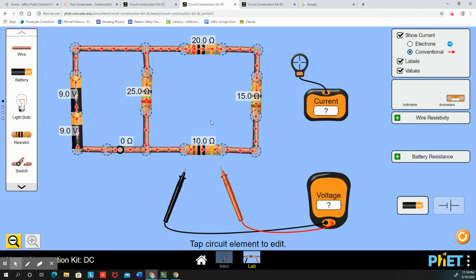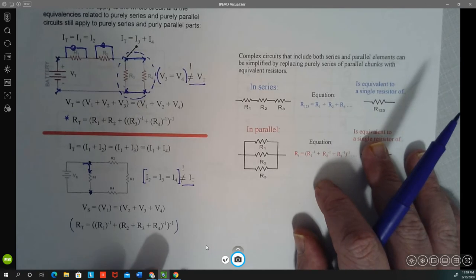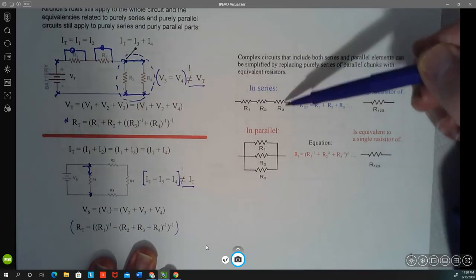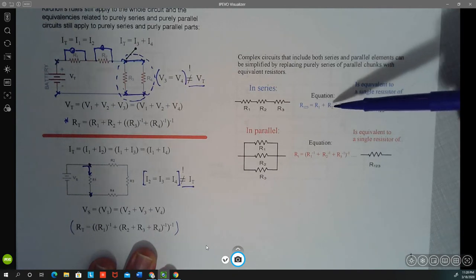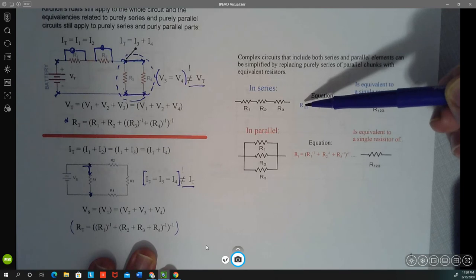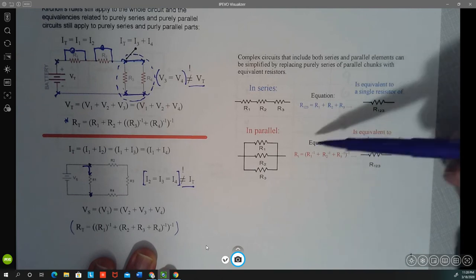Even though they're a mix of series and parallel circuits, we can still think about each chunk as a purely parallel or purely series chunk. So let's go back to the notes again and press forward a little bit and see what we can do with this kind of thinking. So one thing that we can do is recognize that if we do have purely series or purely parallel chunks, we can use the equations that we know relate the resistance of each one of the resistors to the equivalent resistance of that chunk. Remember that in parallel, it doesn't add up because each resistor in parallel,